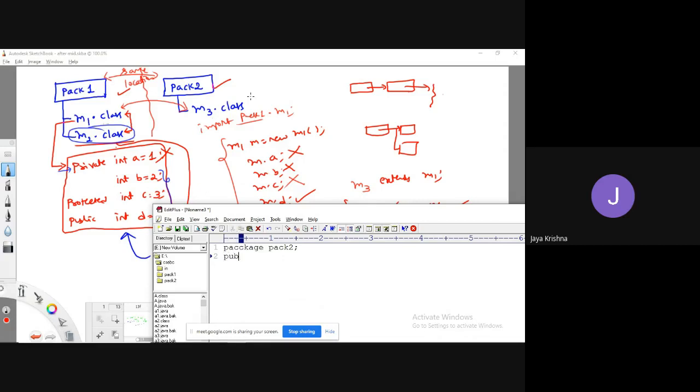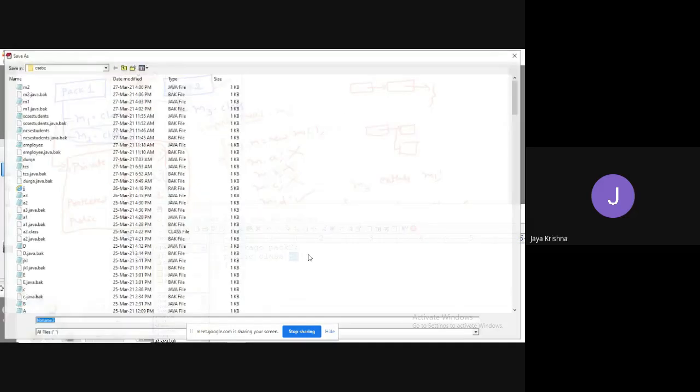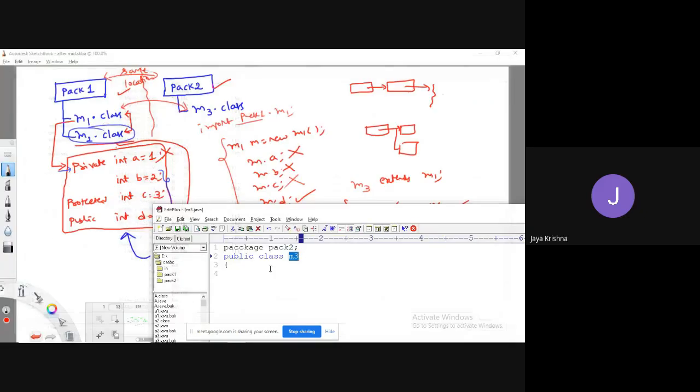Public class M3. I'm trying to save it as M3.java. I'm creating a main method because the M3 class wants to communicate with the M1 class. That's it, there is no specific reason.